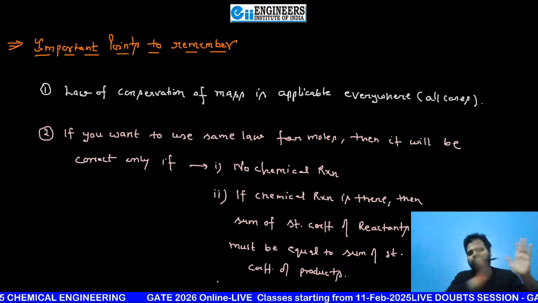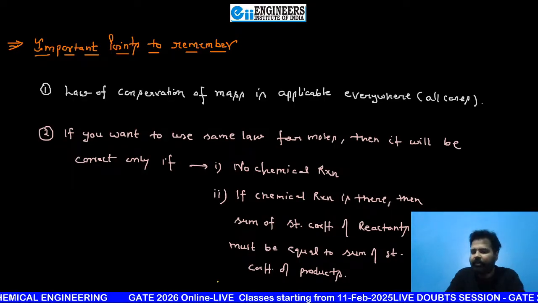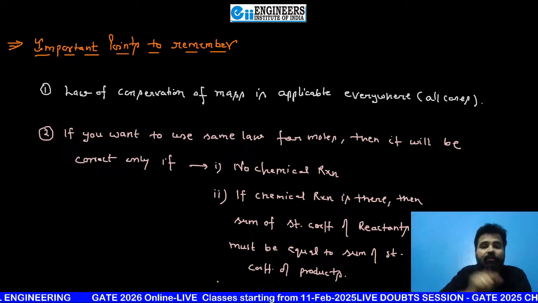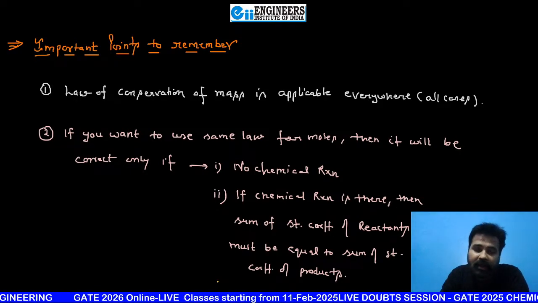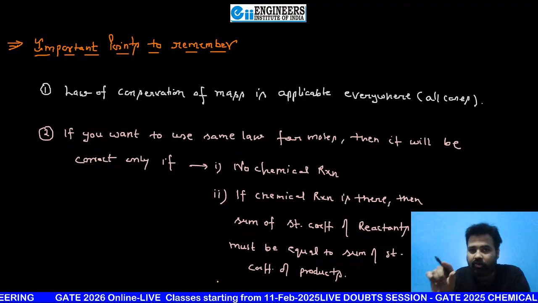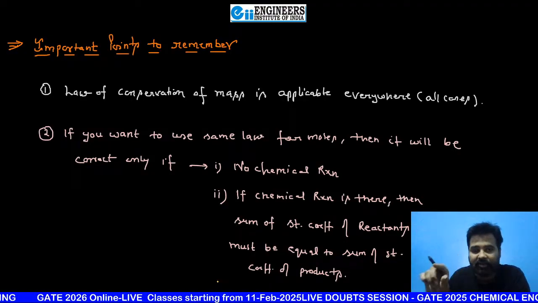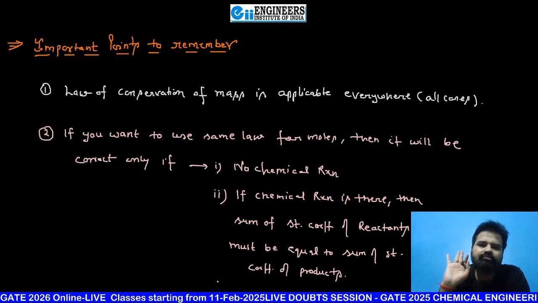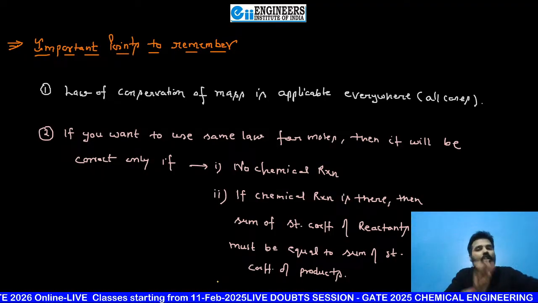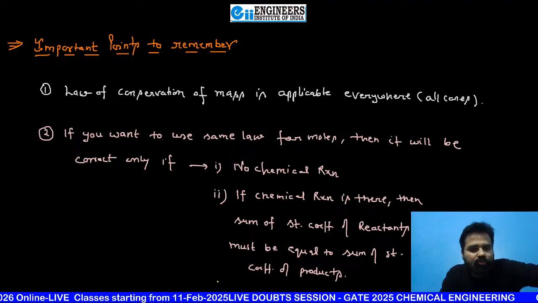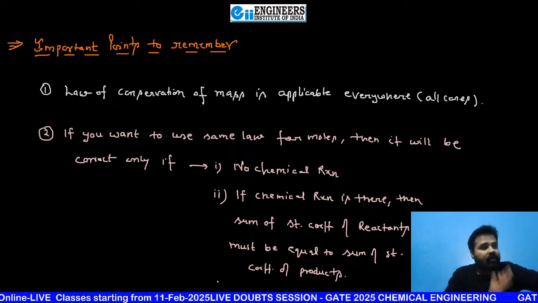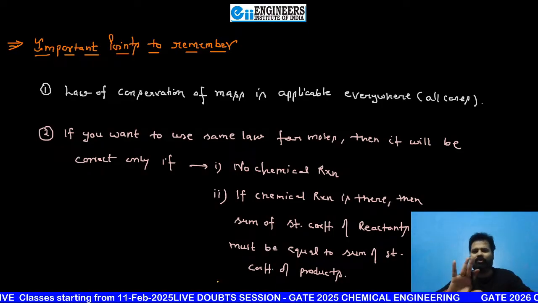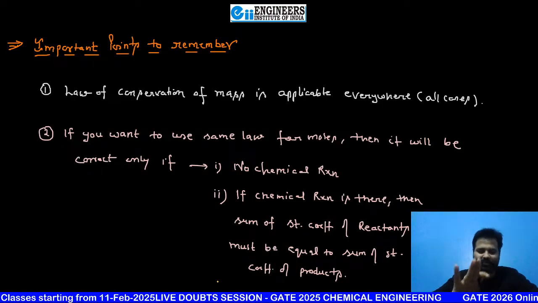Like if 100 moles are written at the start of the feed and there are 2 lines out, suppose one main product stream and one purge stream, then if A is forming R, 2A is forming 2R, or A plus B is forming R plus S, everywhere you can write that the total of the right side will also be 100. If there is only one out, very easy. Lots of numericals are there. I will show you, don't worry. 100 A, per pass conversion, anything, no problem. What is per pass conversion, I will give full details.